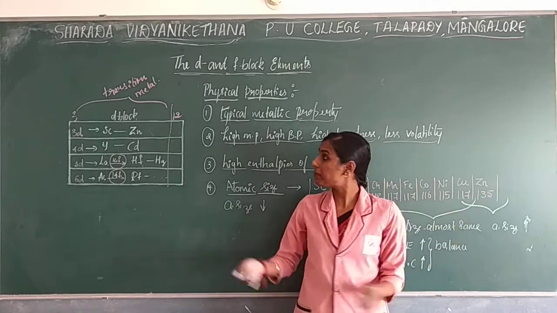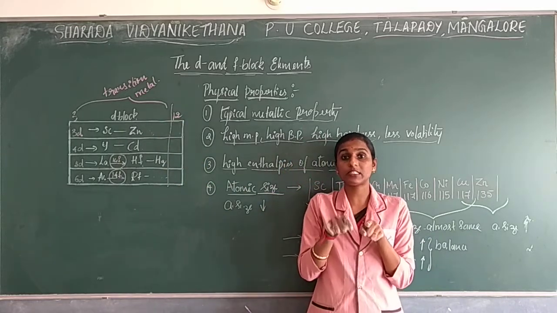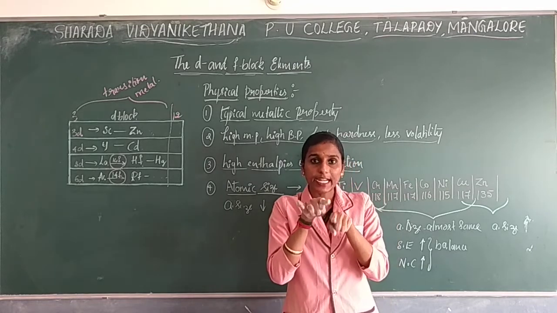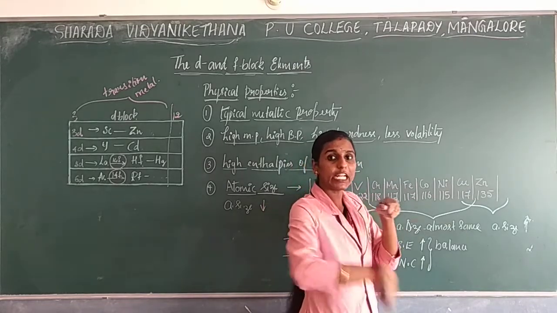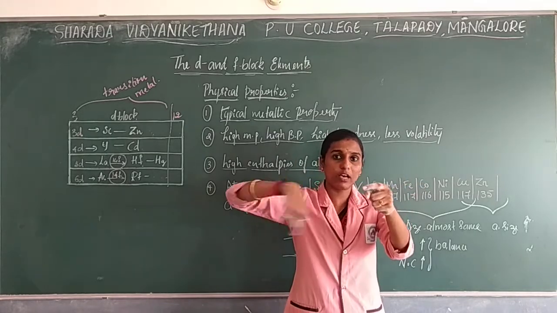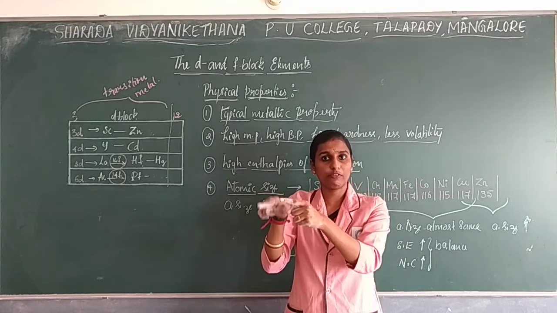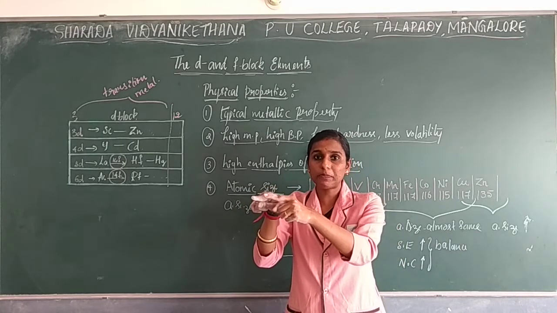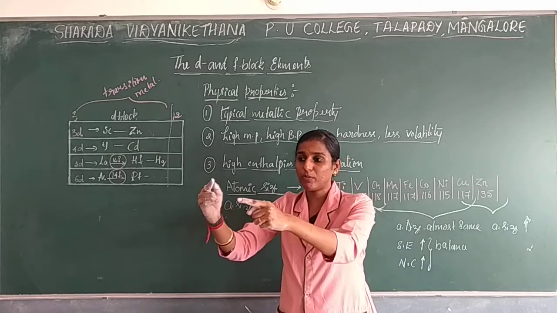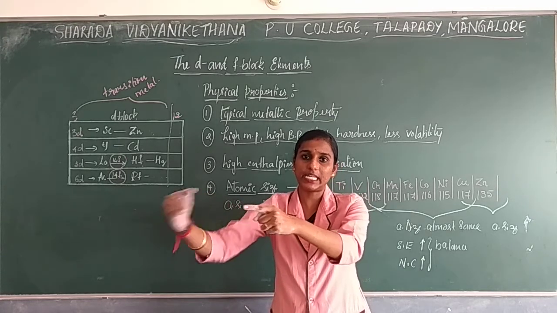Why the electron repulsion? The 12th group does not have unpaired electrons. All are paired electrons, because completely filled shells are present. Due to that, between these electrons the repulsion force will increase. When the repulsive force increases, they move far away from each other. When they move, the size of the orbital also increases slightly.